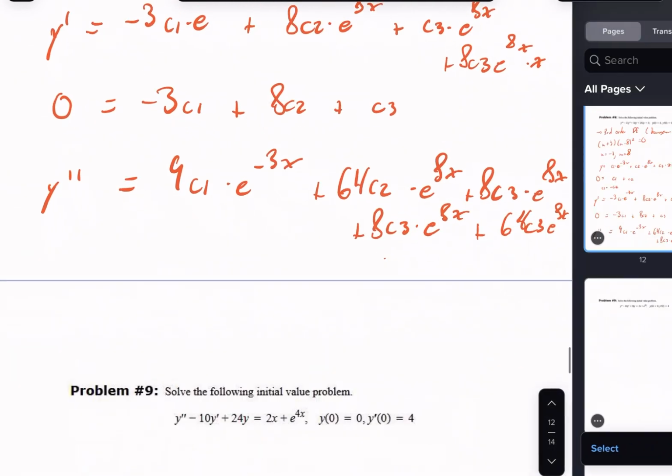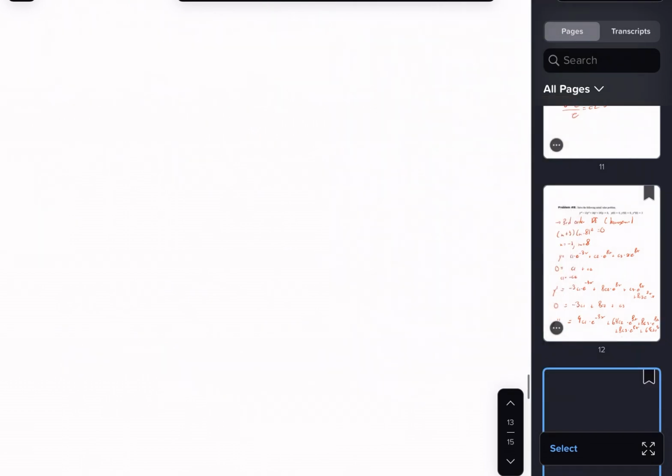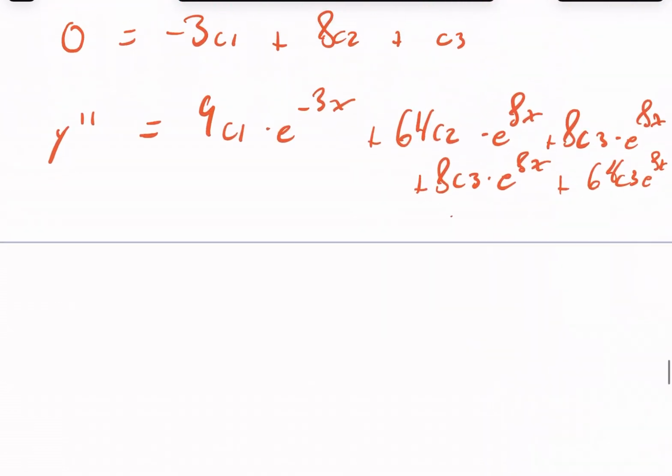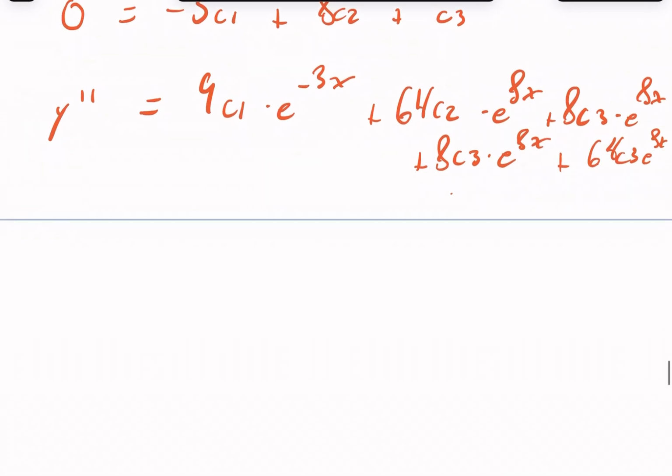I have a paper here. Okay, cool. So, with that being said, if I plug in 0 again, I'll get 0 equals 9c1 plus 64c2